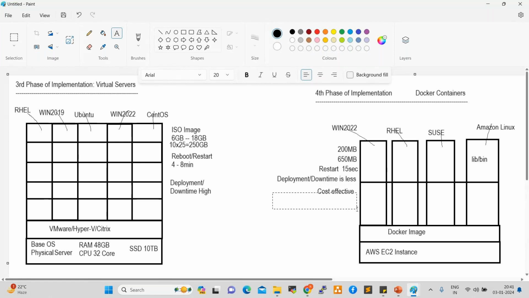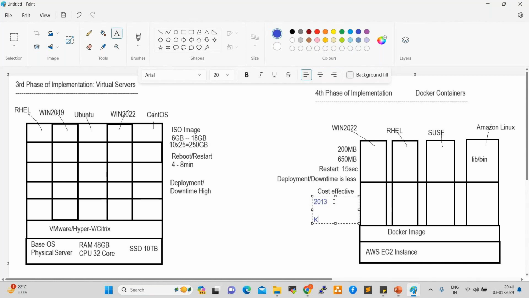Docker was launched and implemented in 2013. Immediately after one year, Kubernetes was released.